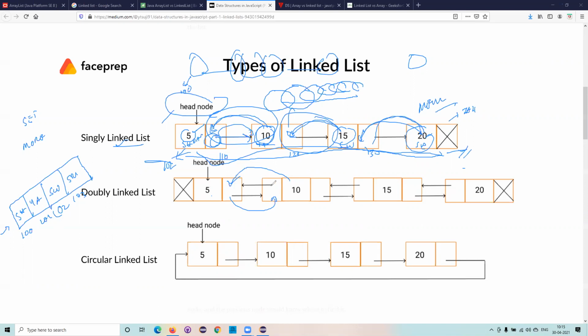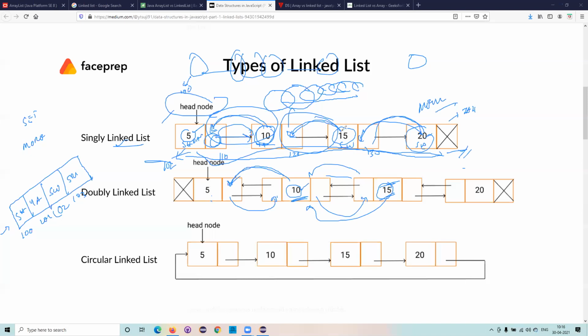The address of this, as usual, is stored here, no doubt, but the address of this node will also be stored here. In the same way, the address of this element is stored here, as in a singly linked list, and now the address of this element will be stored here. Two-way connecting means this element knows the address of this one, and this element knows the address of this one.